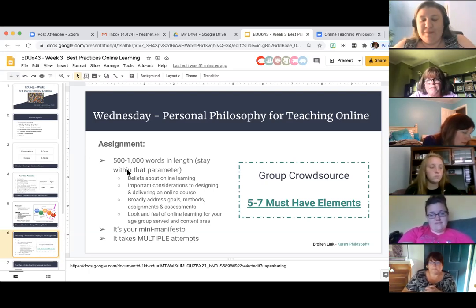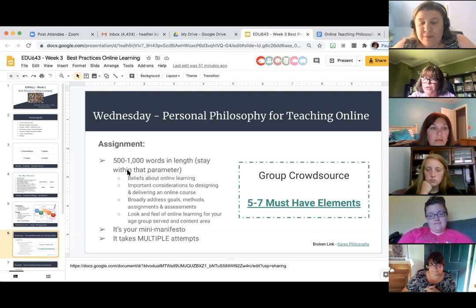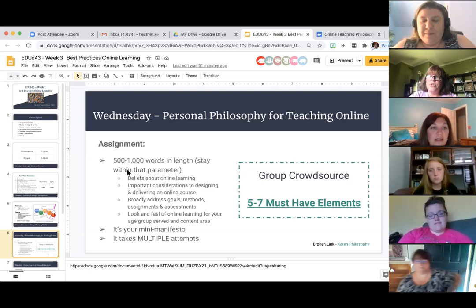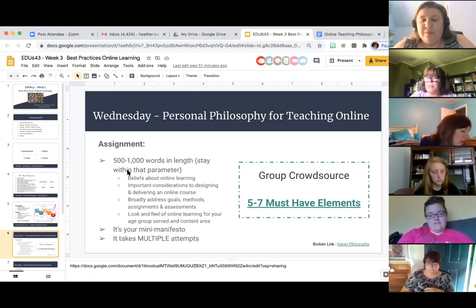I always call it the mini manifesto. If you had a sub in, it's like what I always used to share was my philosophy. So I always had my philosophy sitting in my sub folder, because I wanted that sub to come in and say, oh, this lady really rocks this thing, or I never thought about that. But I wanted that person to know my culture, my approach, my beliefs. I didn't think they had to live by them, but I wanted them to know the expectations that I had of my students all the time.